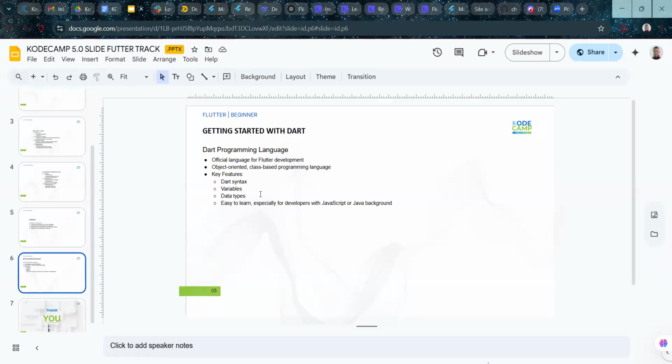It's an object-oriented, class-based programming language. Key features in this introductory class are Dart syntax, variables, data types, and so on. It's actually easy to learn, especially for developers with a JavaScript and Java background. But even if you don't have any of this background, it's